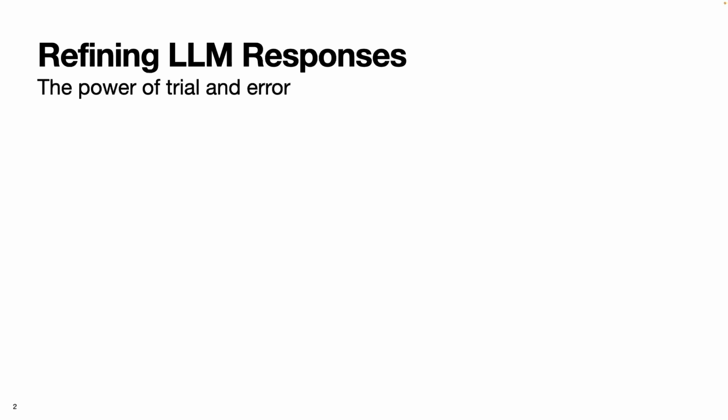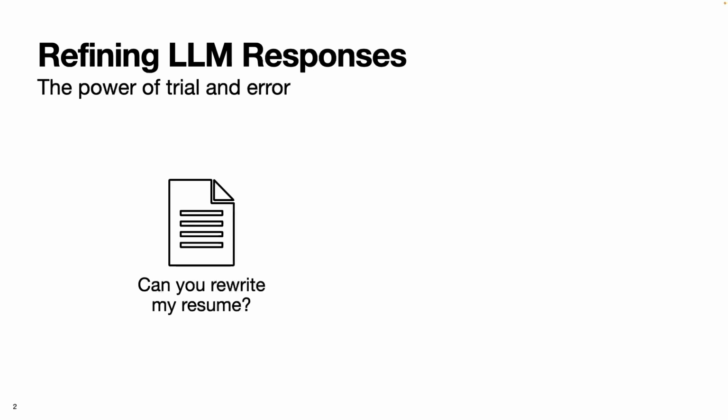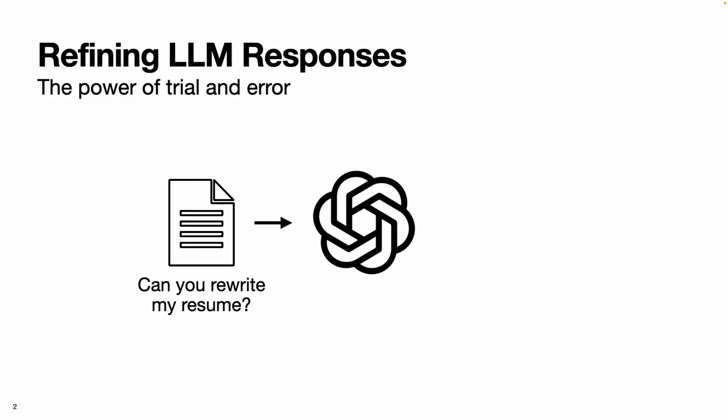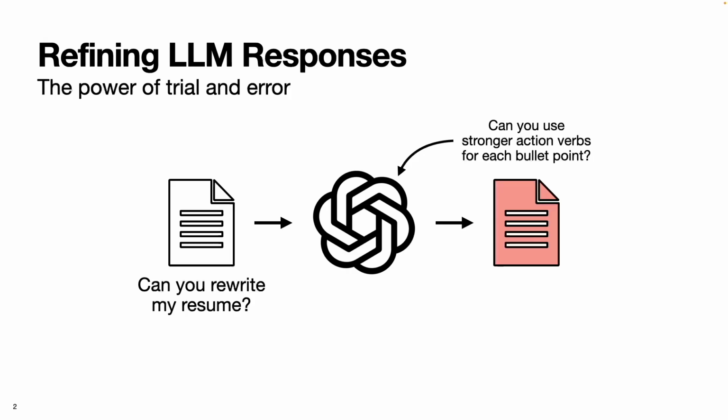So if you've ever used an LLM system like ChatGPT or Claude, then you've probably experienced the power of trial and error. For example, if I wanted ChatGPT to rewrite my resume for me, I might simply get my resume, write this prompt, "Can you rewrite my resume?" and then pass it into ChatGPT. But usually what happens is that the first rewrite isn't always so good. It might be a little bit better, but it's probably got something wrong with it. For example, maybe it doesn't use very strong action verbs for each of the bullet points under my work